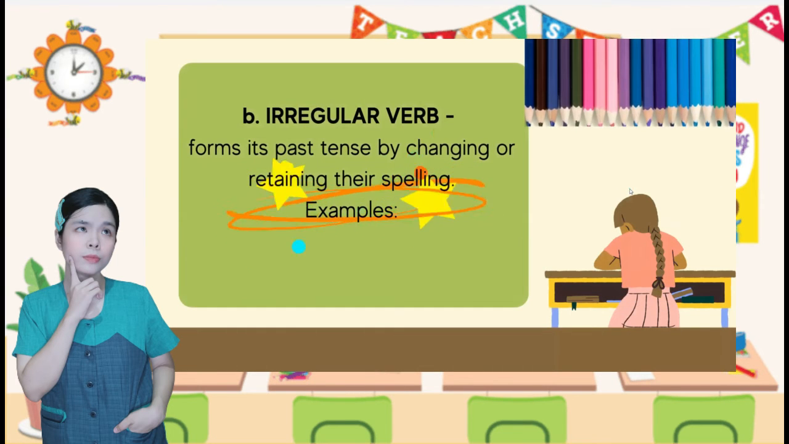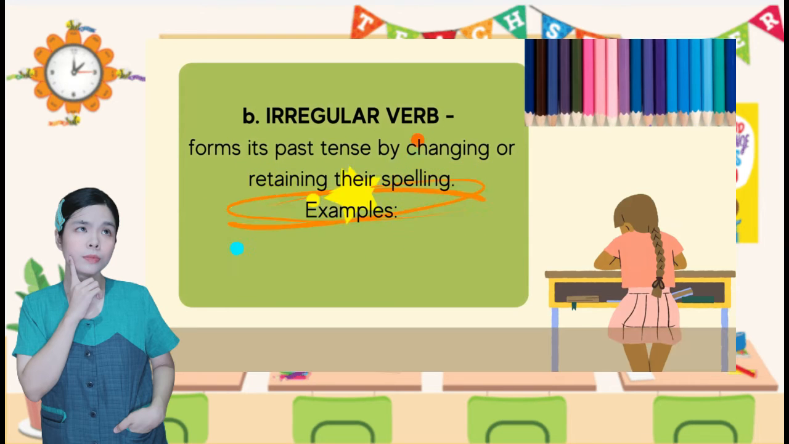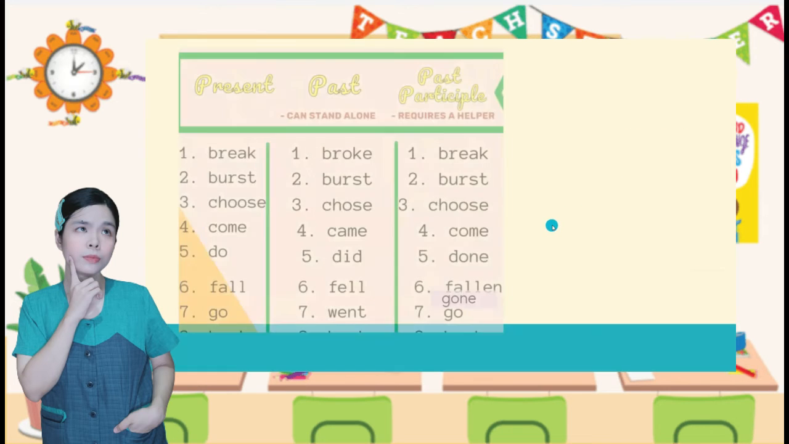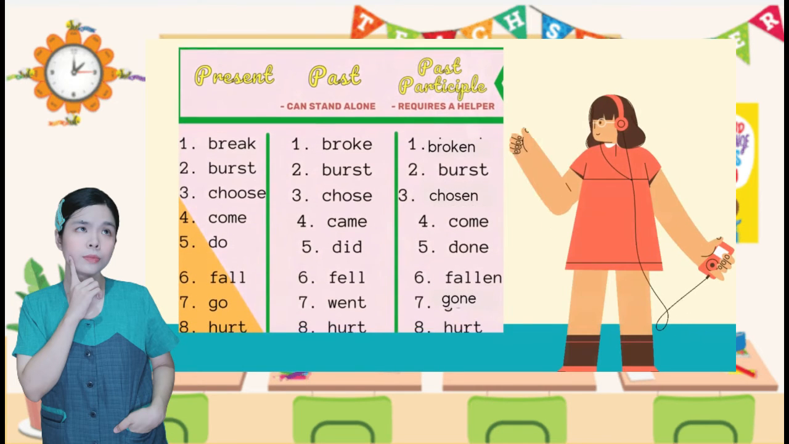The next one is what we call the irregular verb. How shall we form the past tense of an irregular verb? An irregular verb forms its past tense by changing or retaining its spelling. So for example, these are the examples of